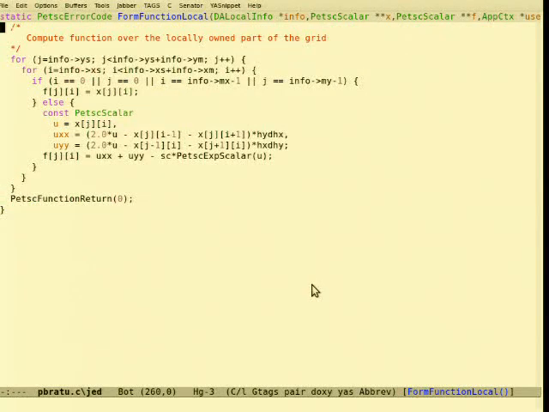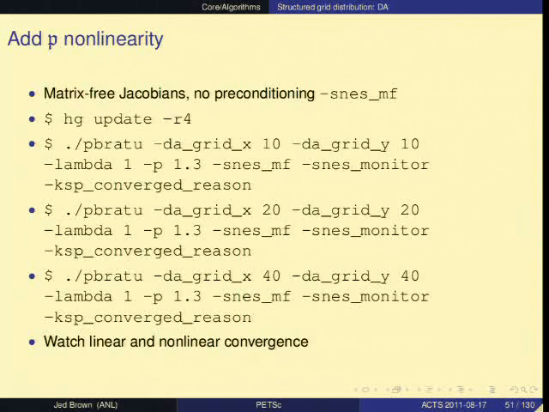This is the Bratu problem from the slide before. So it's not the p-Laplacian yet, but we only implemented the Bratu part. Okay, so now we can add this p nonlinearity. We're going to keep doing really the same thing that we had before.